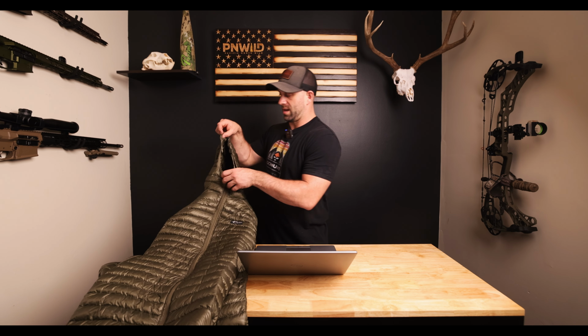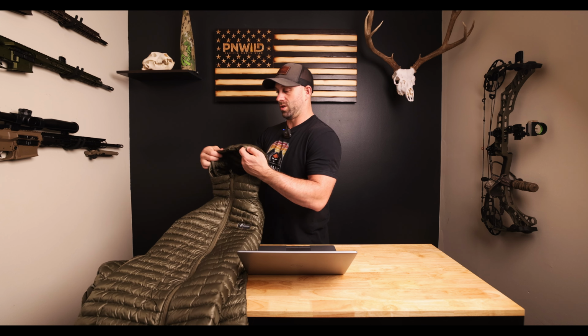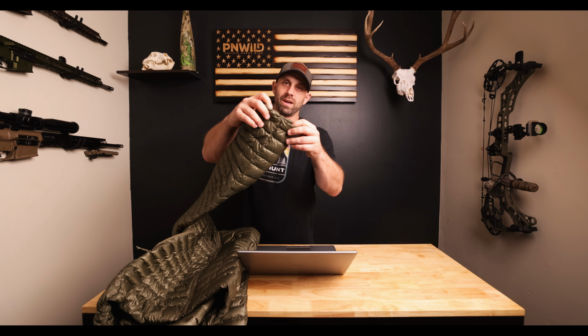I would bring this with me so that I could test it out, so I could wear it, and it was great. Super comfortable. Zippers are great. Hood, again, is great. This thing comes way up. Tuck your face back into it. The hood fits perfect. The cuffs are a little bit goofy,